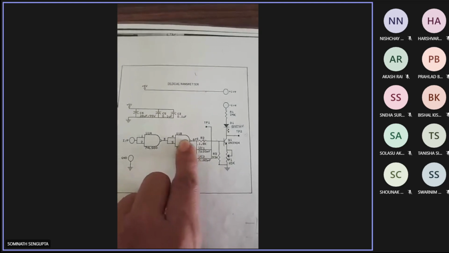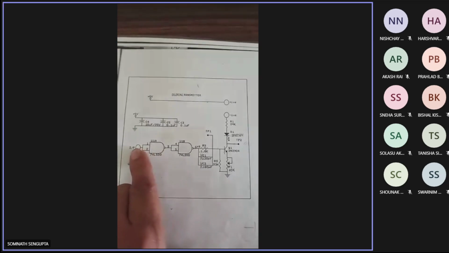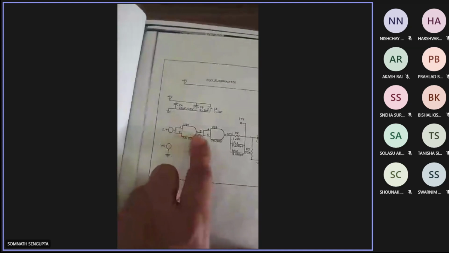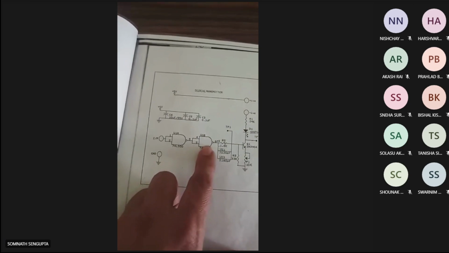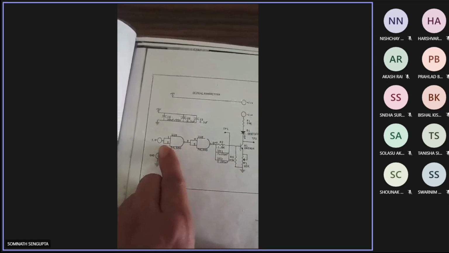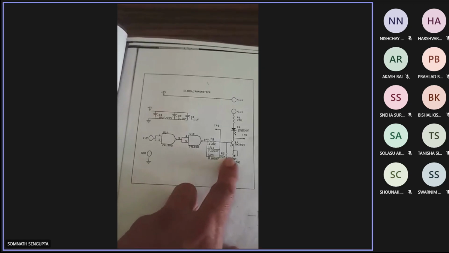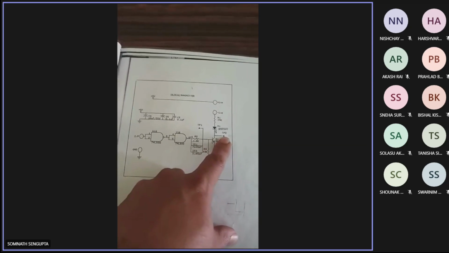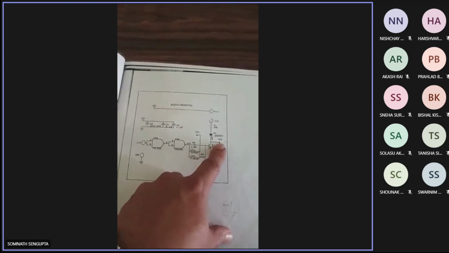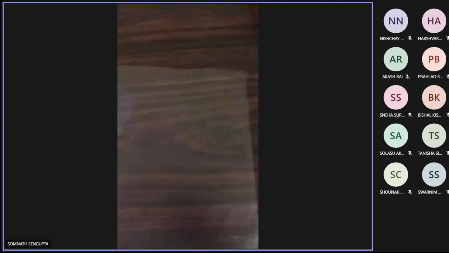Okay, and some internal input is given. It may be anything, sine wave, square wave, whatever it is. Okay, and at the output some signal will come, but we are bothered only in